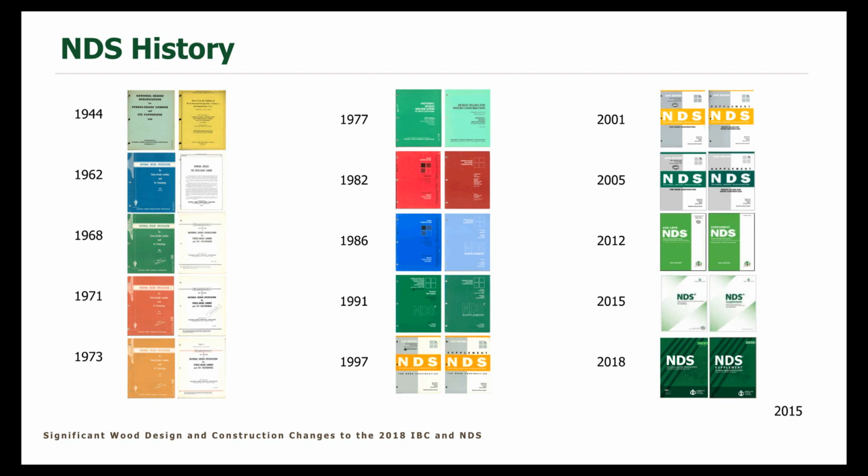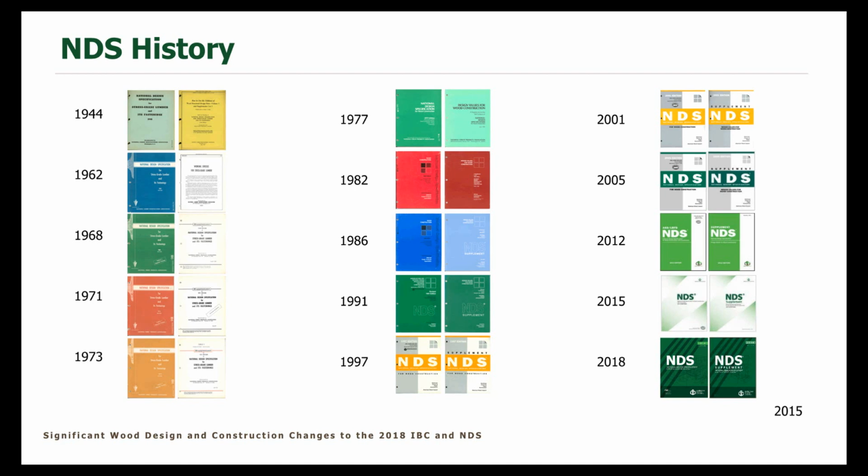And prior to being American Wood Council, we were known as AF&PA, American Forest and Paper Association. And you might find that reference in the code maybe as late as 2005. I think by 2008 we've caught up to all the references to AF&PA. But AF&PA and American Wood Council are one and the same. So if you see a reference to that, they're talking about American Wood Council.